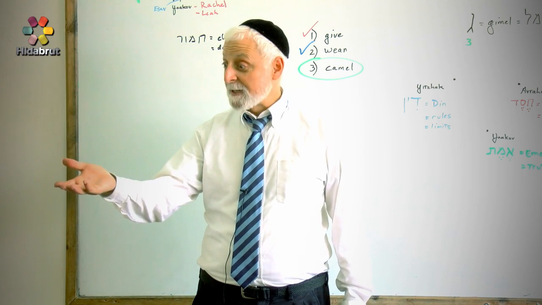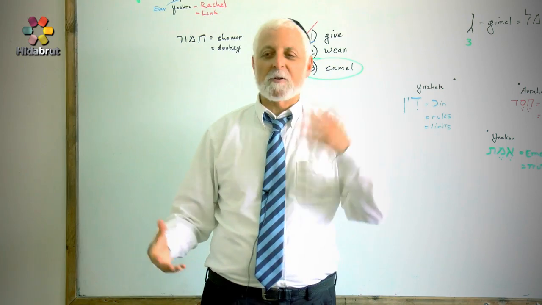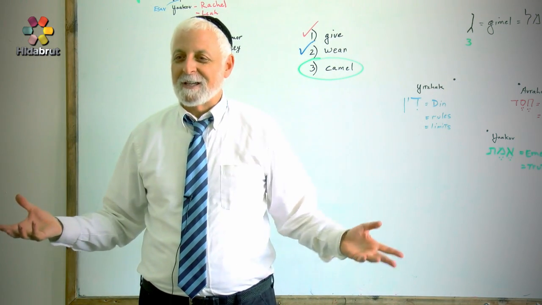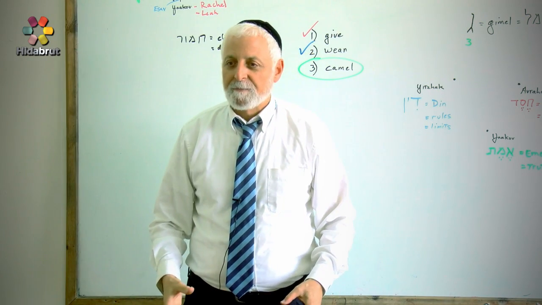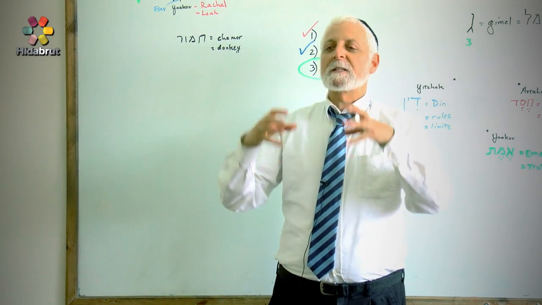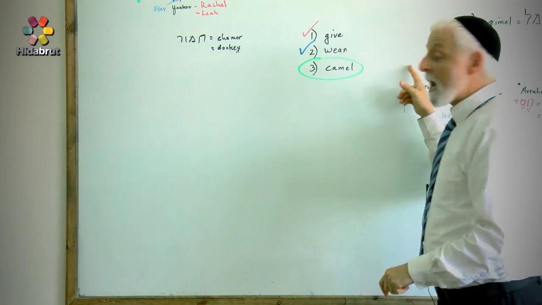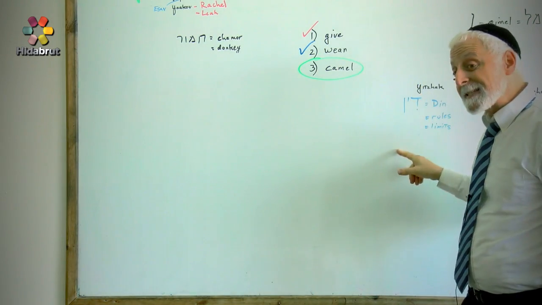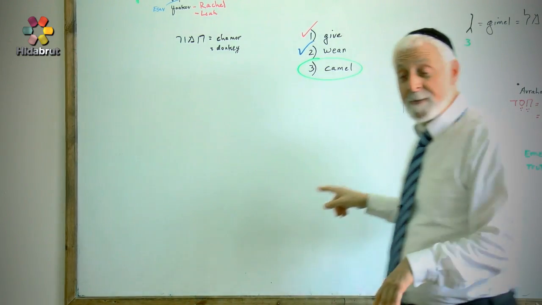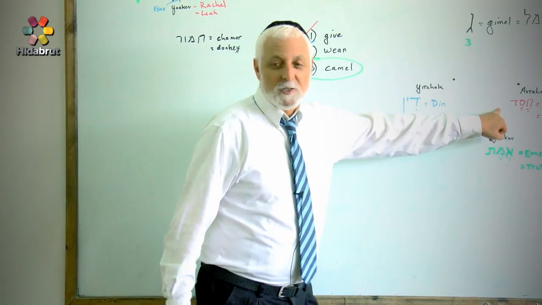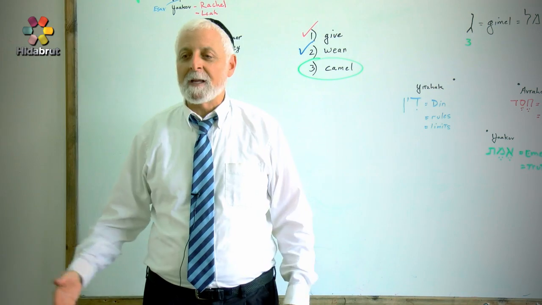It would represent chesed, right? You've got to give it an initial chesed. You've got to fill it with water. It can't cross the desert if it hasn't drunk anything in 6 months, right? So you need to give it its initial chesed. But once you give it its initial chesed and fill it with water, it now achieves an independence. Remember, din is I don't need favors, I don't need handouts, I don't need anything from anybody. Once you give it its initial chesed, a camel achieves its independence, that it doesn't need anything from anybody,